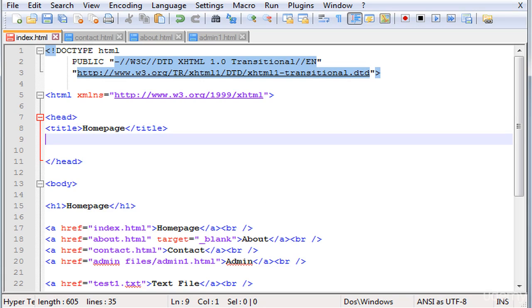The first metadata we should define is in what characterization we are using our content of the web page. Either it's in English, or we use characterization for different kinds of languages, foreign languages like Arabic or maybe some Chinese or Japanese. So we are using English, so we have to define it here with this meta HTTP